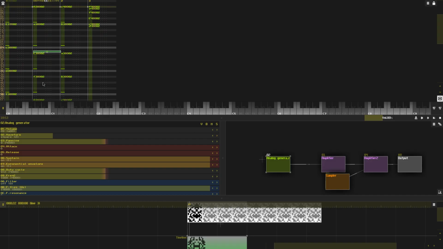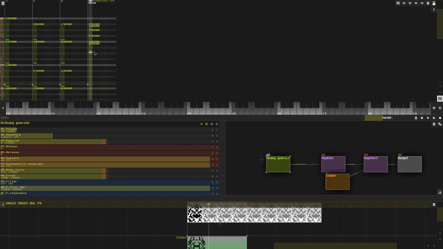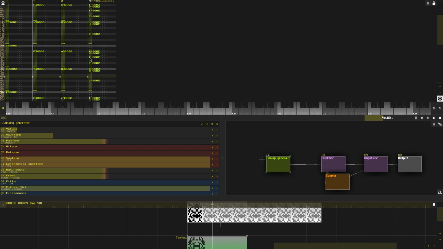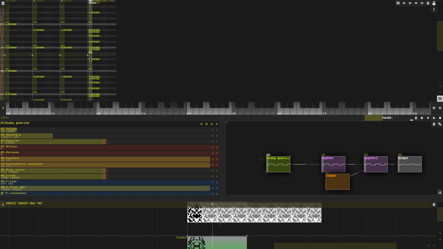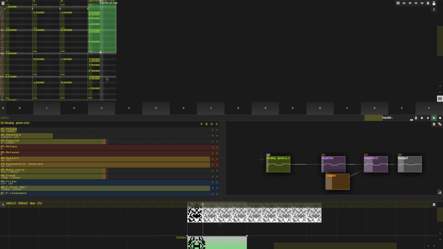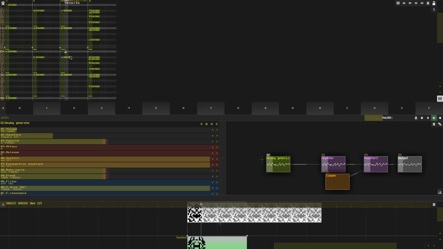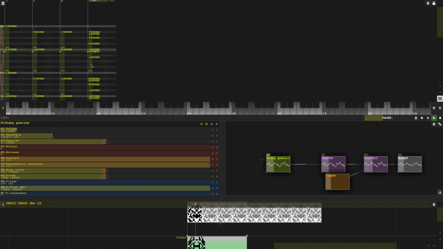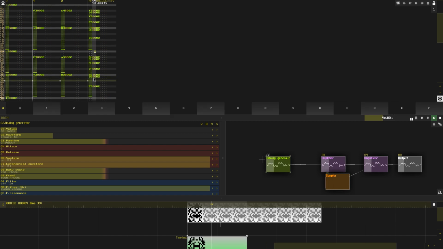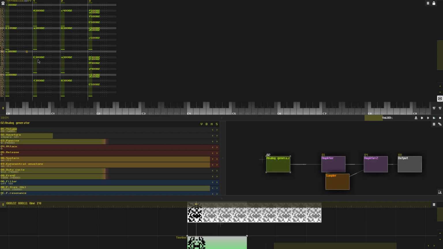Okay, so all of this happens at the same time on the fourth one. So then the last chord was